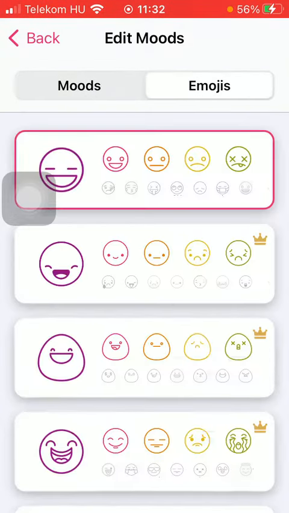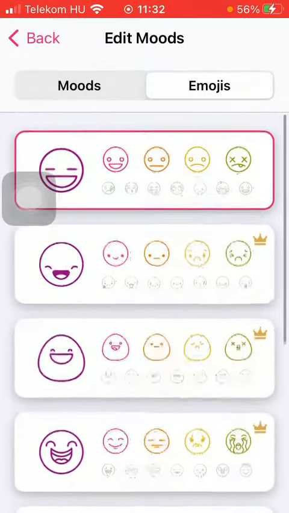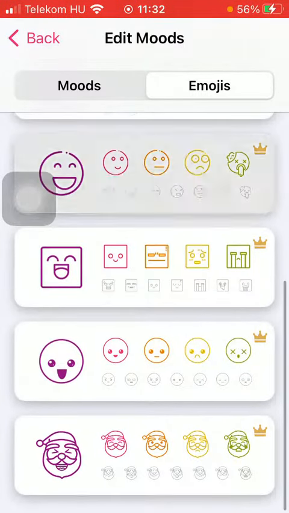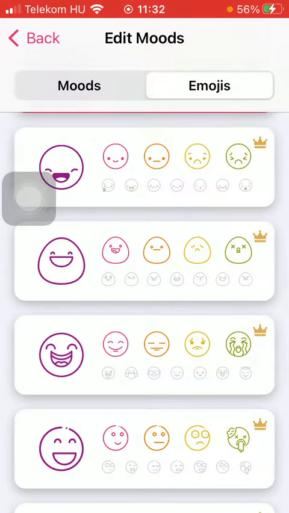And if you tap on the emojis, you can also customize them. As you can see, basically all of them are locked, marked with this crown icon, meaning that only those with a premium pack can unlock these